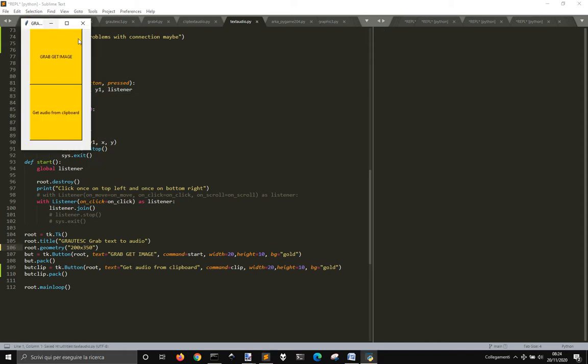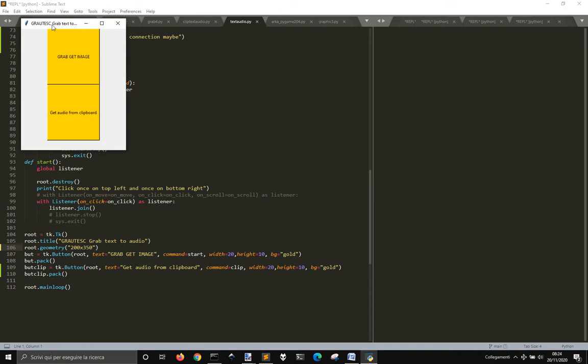Okay, now I can get from an image or from a clipboard